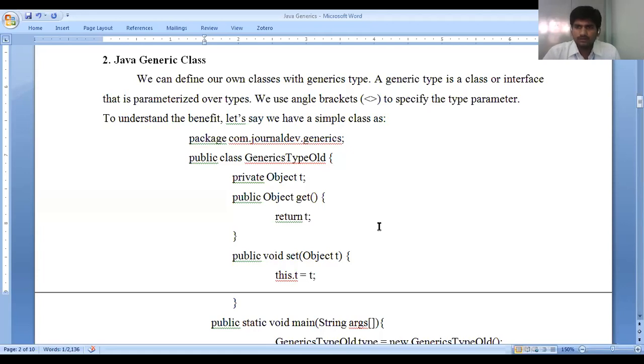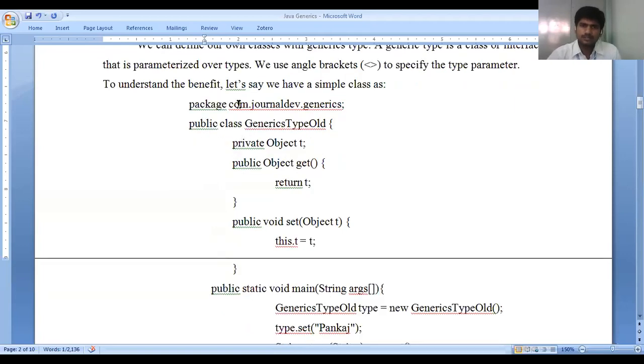So just as the program was written in the background there, in the same way, how is the Java program for generics written in the background? Package com.generics, public class GenericType. Then we get the object, so it gets the value and it is returned.